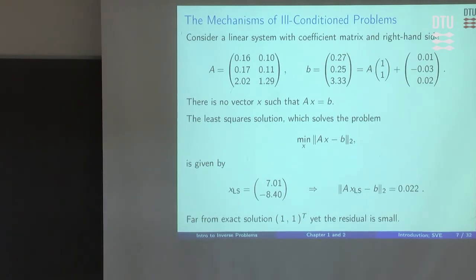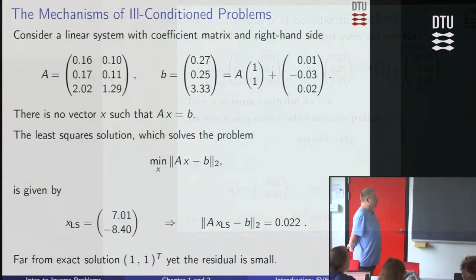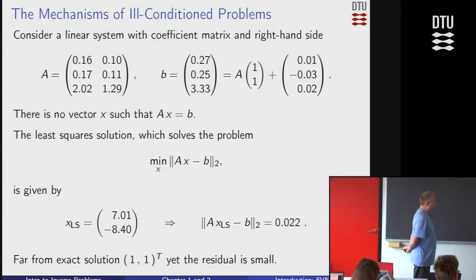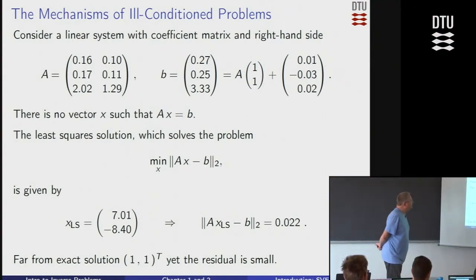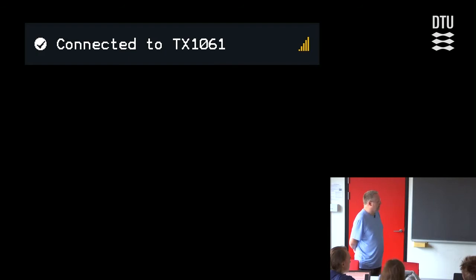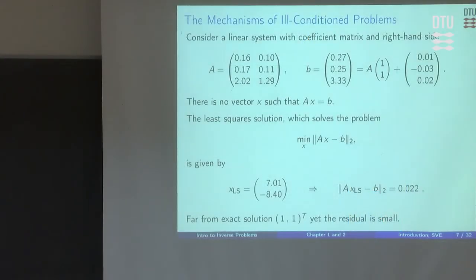Okay, so with this perturbation that I generated, there's no x such that the perturbed system is consistent, but I can compute a least squares solution, and so I can do that. And so there at the bottom, you see, sure enough, there's my least squares solution and the corresponding 2-norm of the residual. So the residual is pretty small. The residual is of the same size as my perturbations, right? So of the order 10 to the minus 2. Sure enough. So we might think it's a good solution, isn't it? We have a small residual.